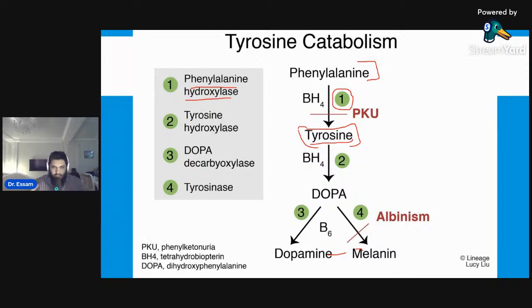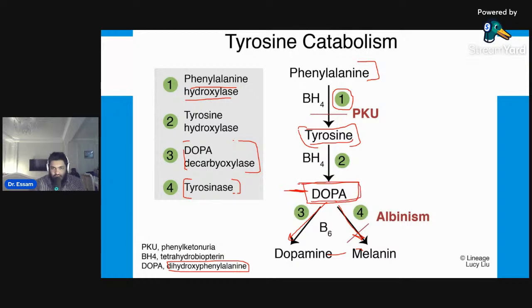Intermediary product means this product will come in between, and after that the final product will be formed. Okay? So the intermediary product is DOPA. The full form of DOPA is also mentioned here, dihydroxyphenylalanine. So dihydroxyphenylalanine will finally convert to dopamine and melanin. For converting to dopamine, we need DOPA decarboxylase, and for converting to melanin, we need which enzyme? Tyrosinase. So we are just repeating what we have already studied. Only one thing is new, that is DOPA.